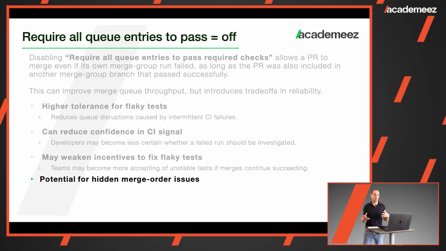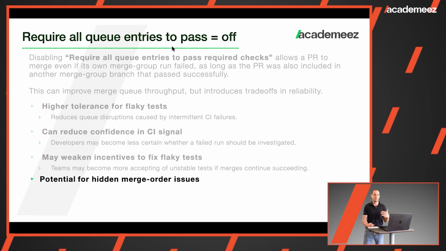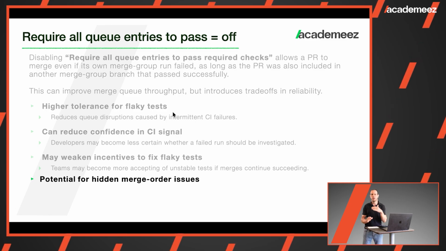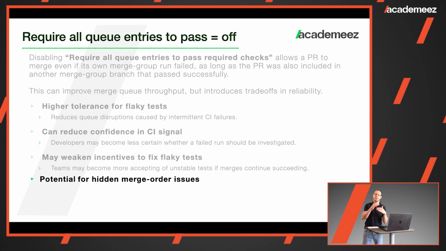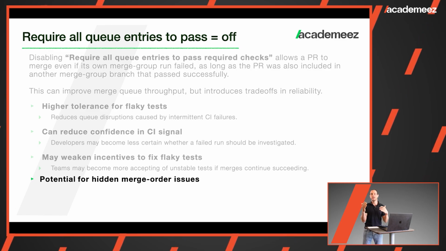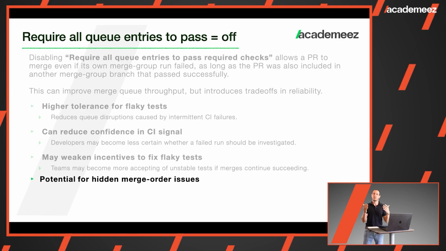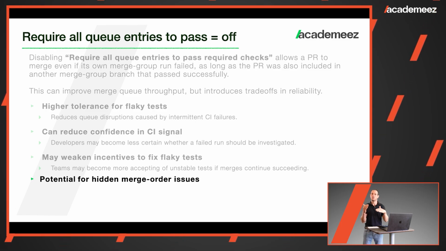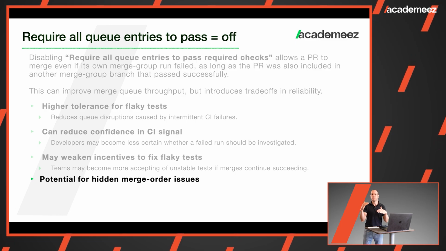Potential for hidden merge order issue. This means that if I'm setting this option to off, my PR can fail its merge group branch, but it's included in another merge group branch that succeeds, and it might pass. And you might say, okay, this is due to a flaky test, but there is also a chance that it is due to the fact that my PR introduced a bug, and somehow the next PR in the queue actually solved